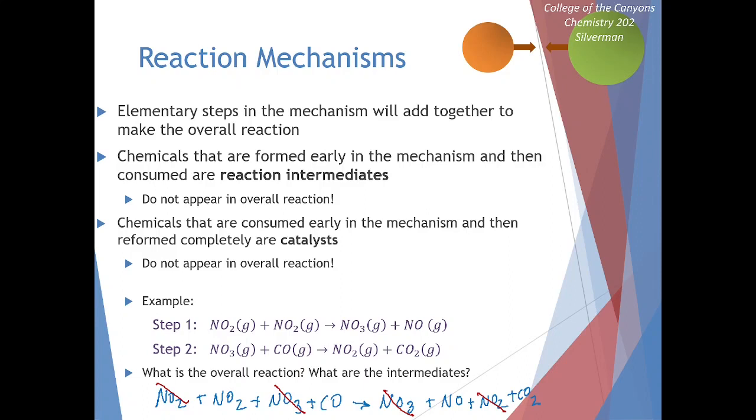NO3, which we form early on in this mechanism but then use up in our subsequent steps, would be considered an intermediate. Overall, what we get is something like this. And there we go. Our mechanism is a couple of elementary steps where we're displaying exactly what has to collide. Our overall reaction is just some chemicals combining together to form some products, not necessarily representing the physical collisions